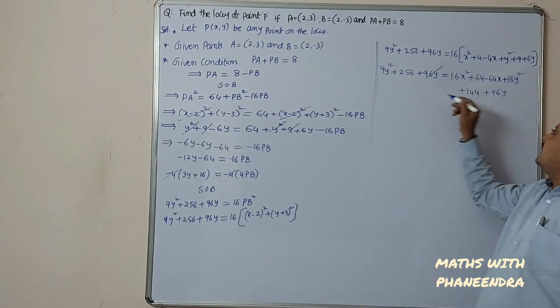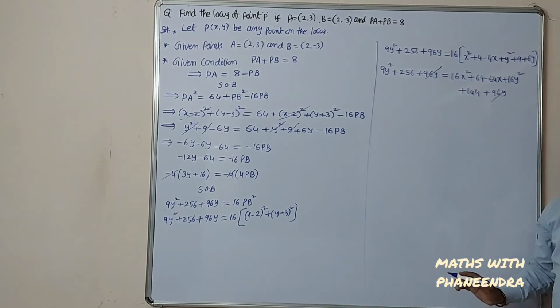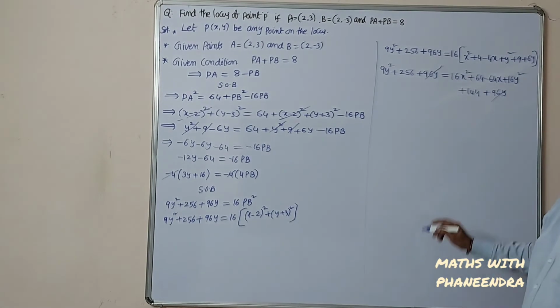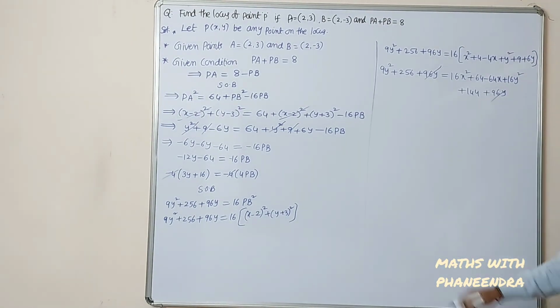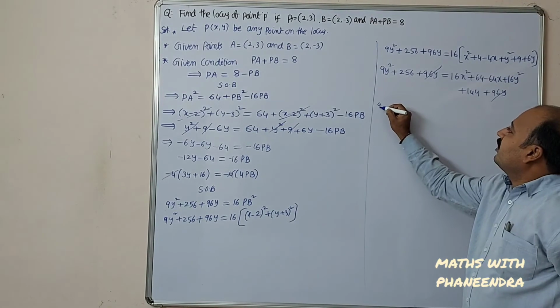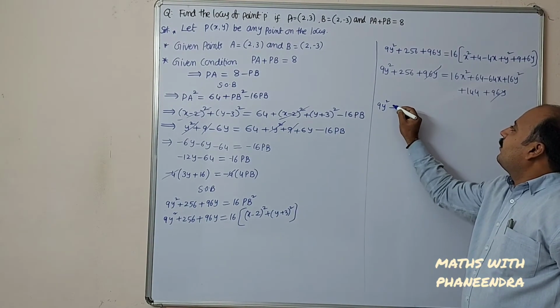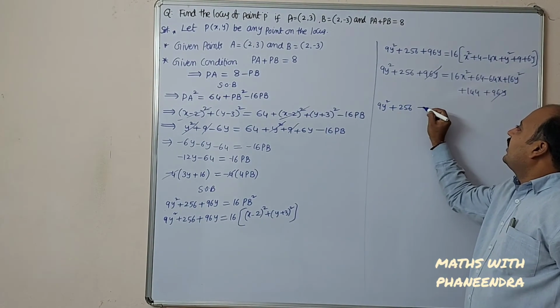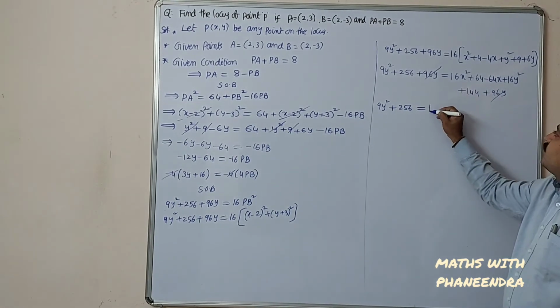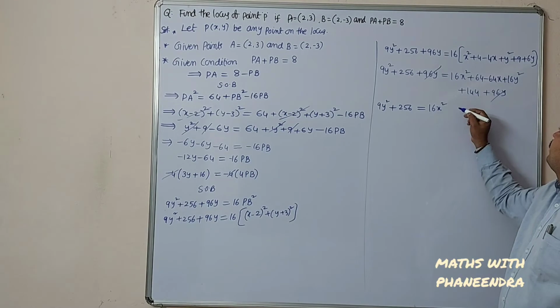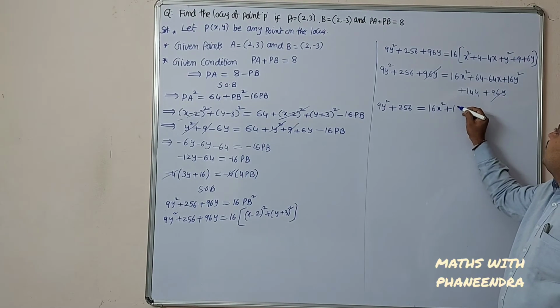Both sides 96y should cancel. Sorry dear students, 9y square plus 256 is equal to 16x square plus 16y square